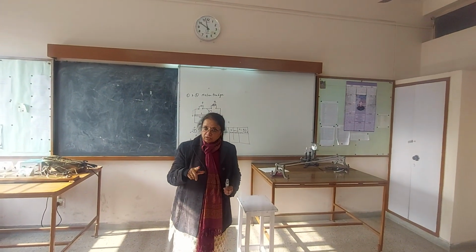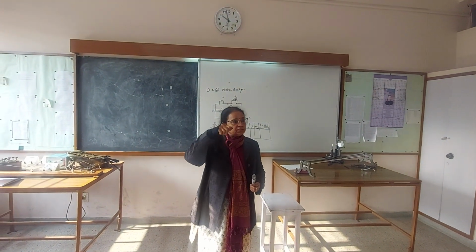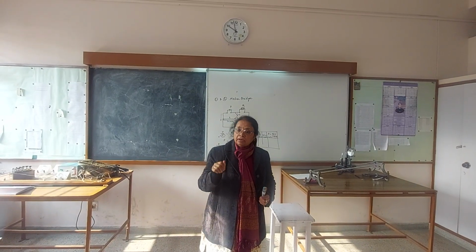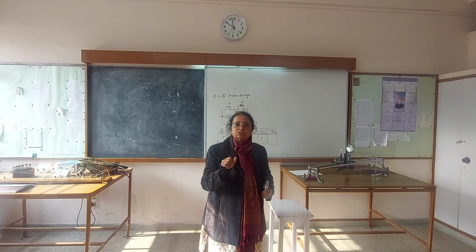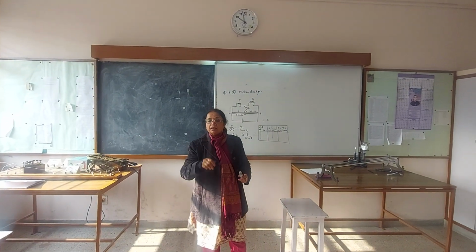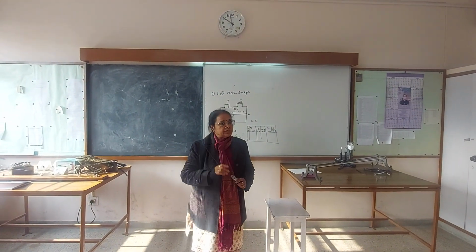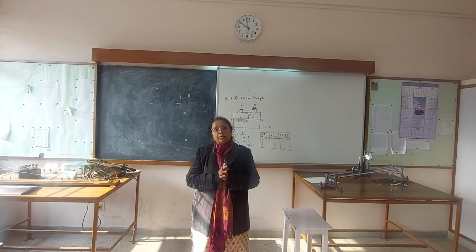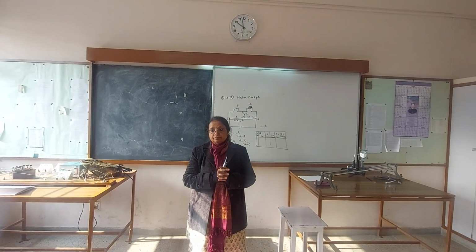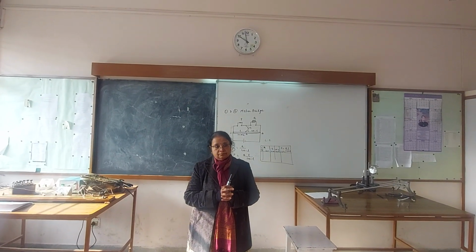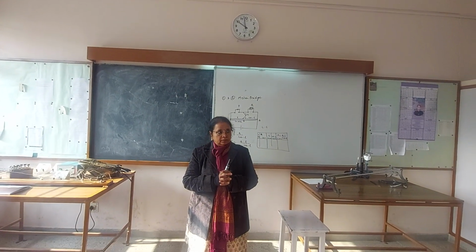Okay? One precaution here, very important: don't press the jockey onto the wire. Reason? It will distort the wire and reduce the cross section area. Okay? So that is why we avoid doing it and gently slide. Next question, which is again important. Why is it preferred to take the balancing point in the middle of the wire? It's a safe reading. Okay?